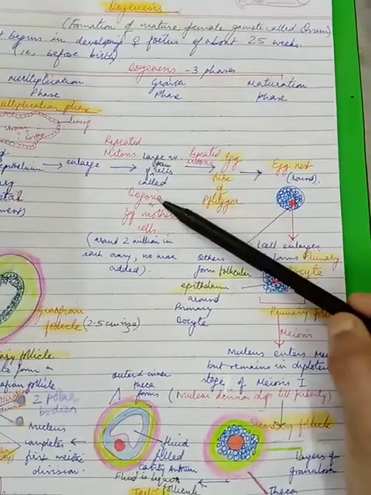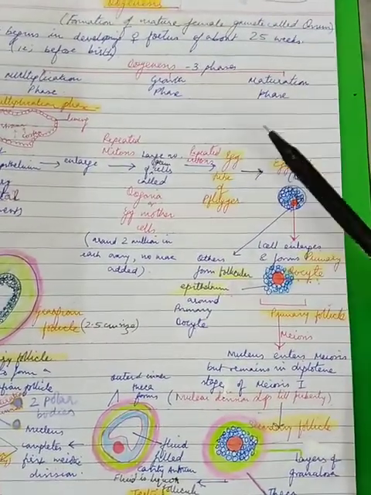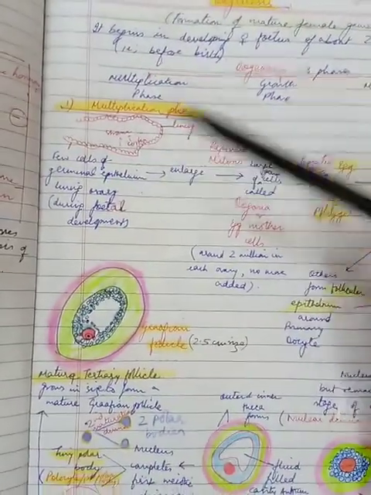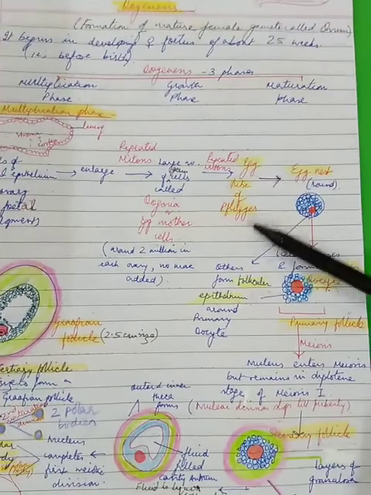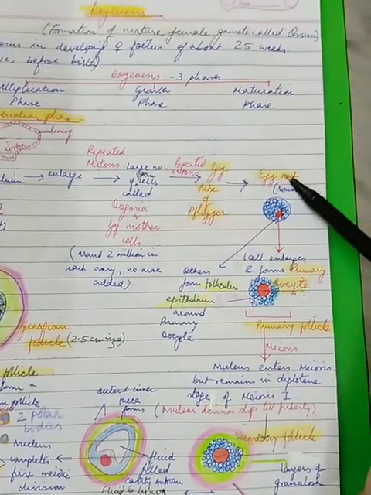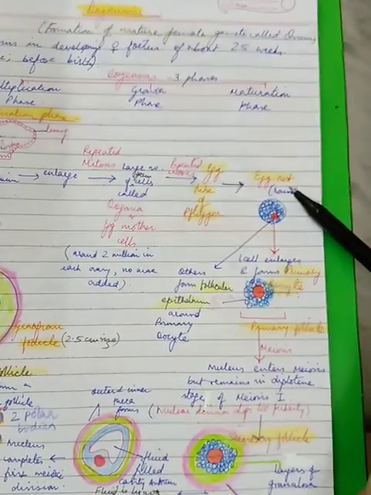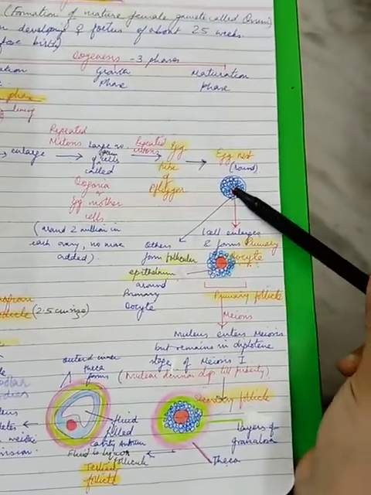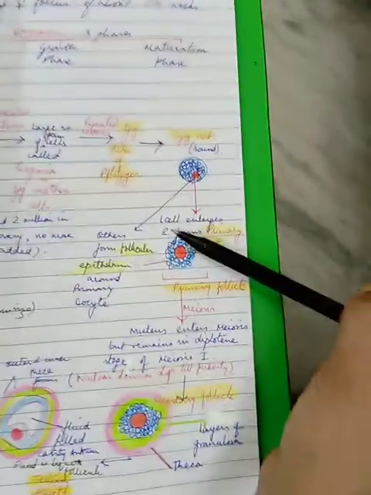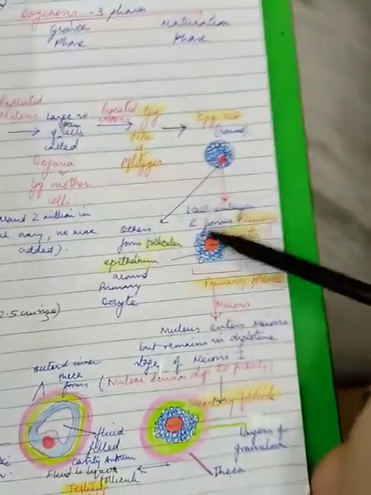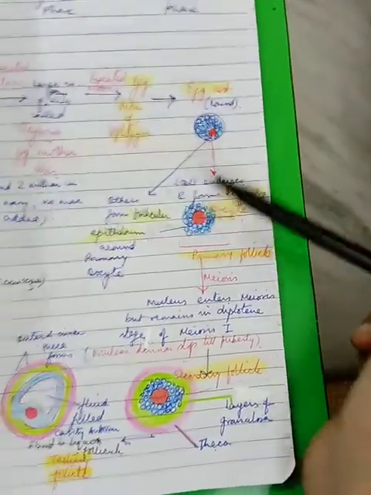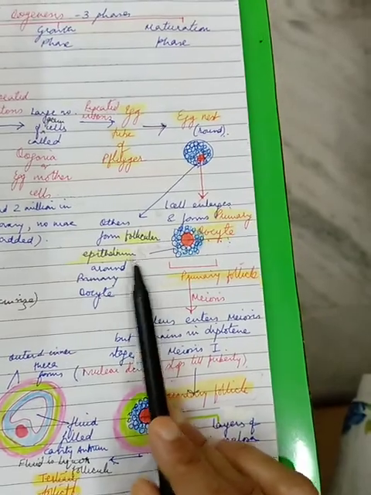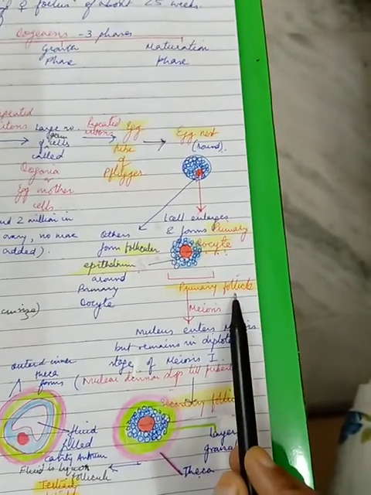The cell now, egg mother cell, undergoes repeated mitosis to form a cord-shaped structure which is projected towards the stroma. We call it egg tube of Pflüger, and from a rod-shaped structure it becomes a rounded structure called egg nest. One of the cells enlarges which forms the primary oocyte, and the others with blue color are surrounding it, right? And we call it the follicular cells or the follicular epithelium. The assembly of this entire structure, the oocyte along with follicular epithelium, is called the primary follicle.